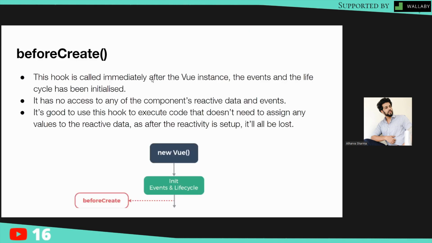So that is about before create. Now, when do we use before create? The beforeCreate hook can be used when we want to perform certain operations and we do not have any concern for the state of the component. If you were to perform some API operations without saving any state, just notifying, you can do that. And similar other use cases can be there.